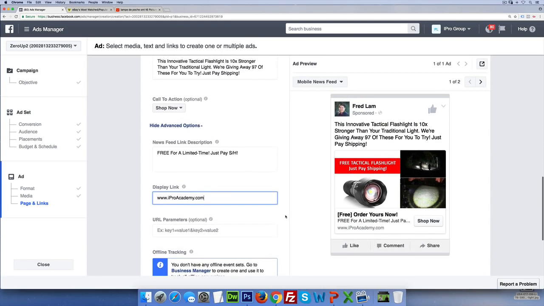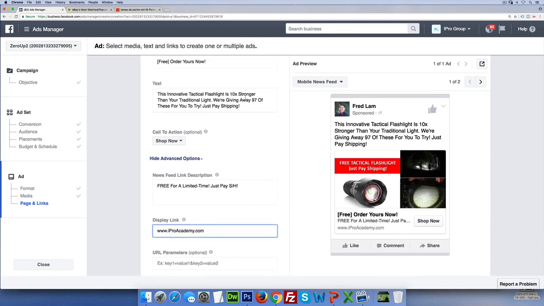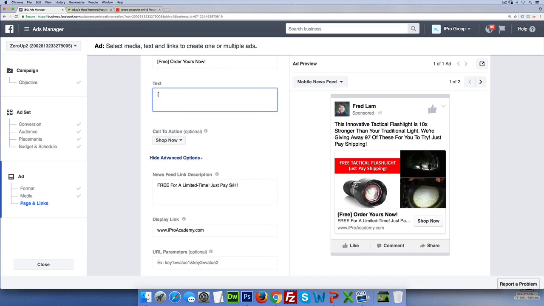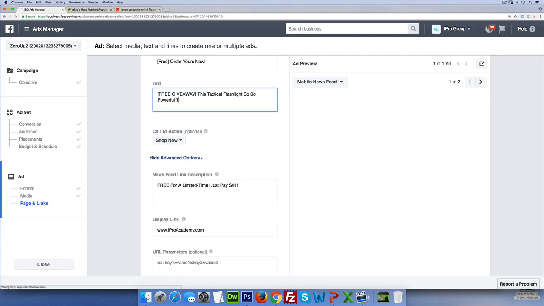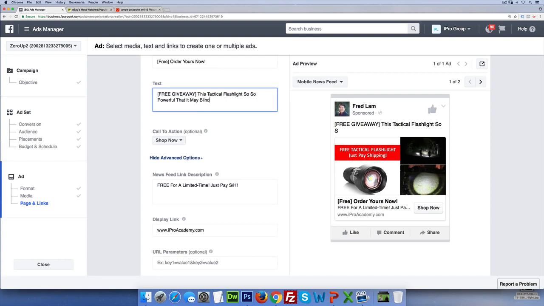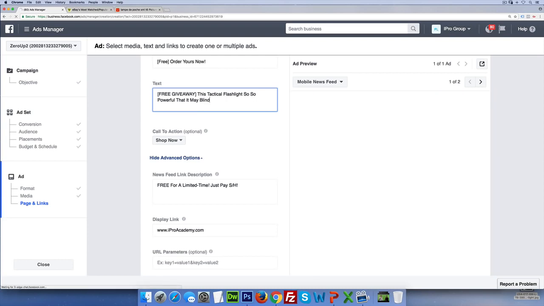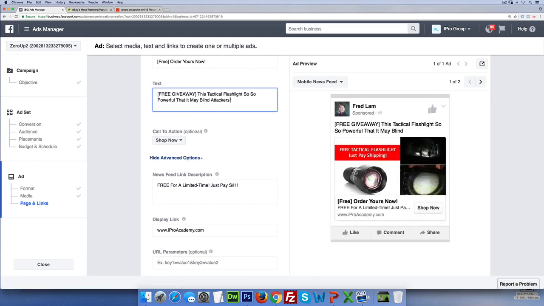Now, another ad that I would also run, you need to keep in mind, this needs to be a powerful text to attract people. So this is one. Another one that I can do is, like I say, free giveaway. This tactical flashlight is so powerful that it may blind attackers. Okay,